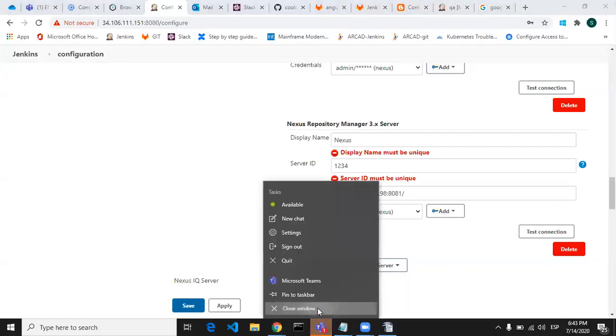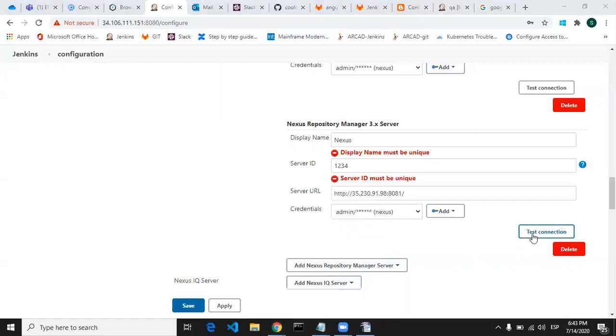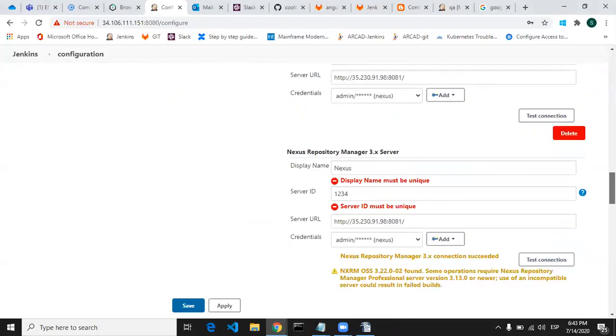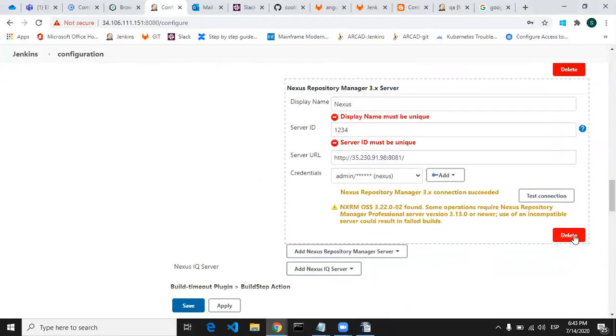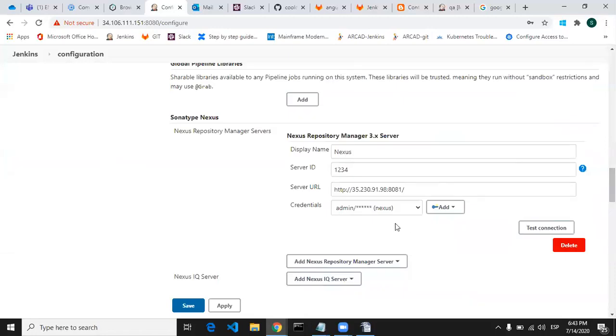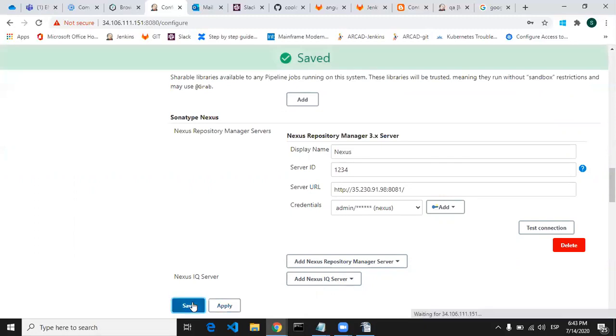Once you test your connection, you can see the Nexus Repository Manager 3.x connection succeeded. Likewise, you need to fill out the Nexus server details in the configuration section. As I already filled that in, I'm just deleting this duplicate, and this is the configuration. I'm just going to apply and save.